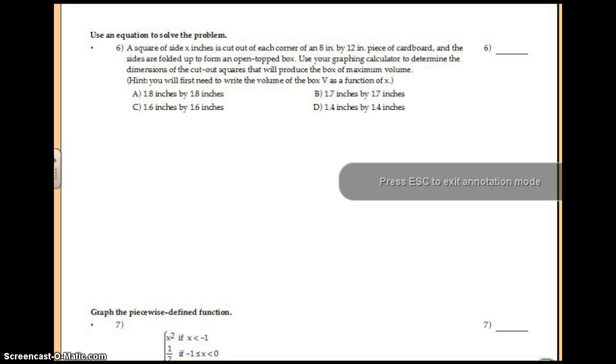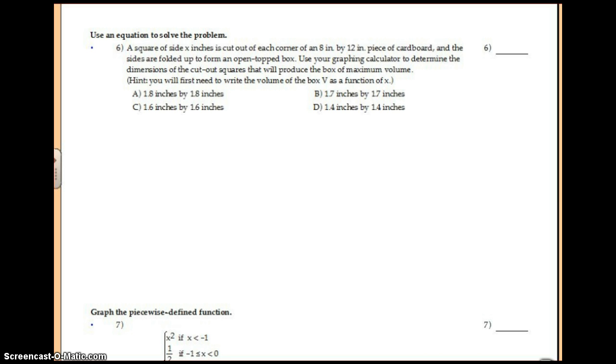Okay, number 6, we have a word problem. It says a square of side x inches is cut out of each corner of an 8 by 12 inch piece of cardboard, and the sides are folded up to form an open-topped box. You're going to use your graphing calculator to determine the dimensions of the cutout squares that will produce the box of maximum volume. So we're going to create an equation, we're going to graph that equation, and then that'll help